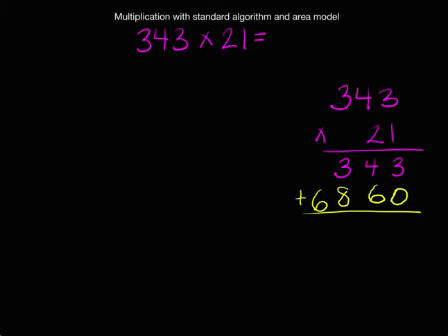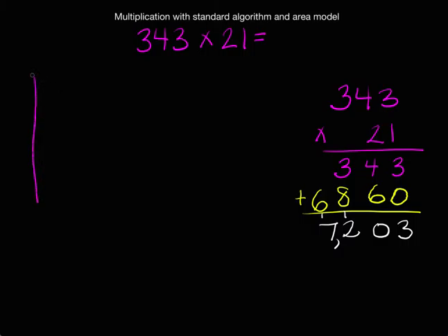We'll add these numbers together, and when we add them, we get 3 plus 0 is 3. 4 plus 6 is 10. Regroup the 1. 3 plus 8 plus 1 is 12. Regroup the 1, and 6 plus 1 is 7. Our product is 7,203. Now I'd like to use the area model to represent what we just did with the